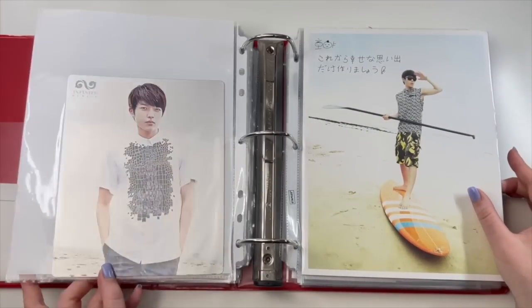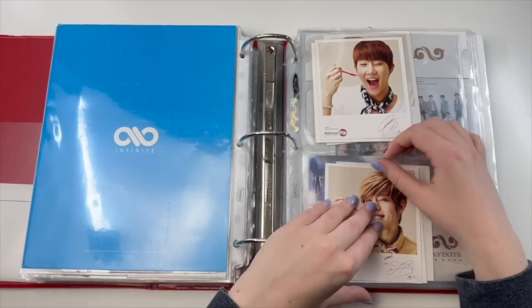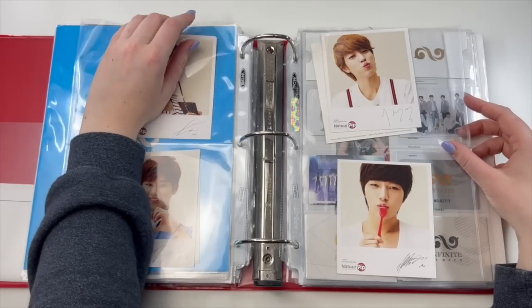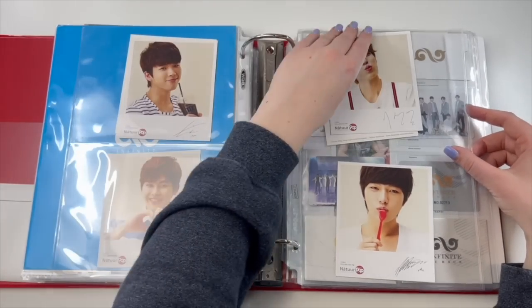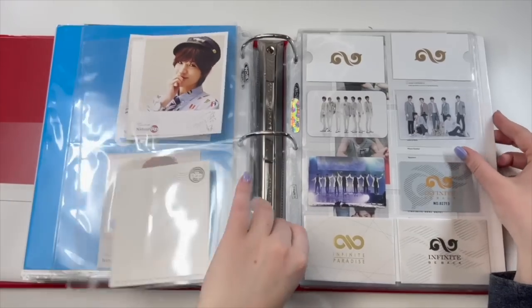I am still a Hoya fan as well. Hoya left Infinite, but I still love him. I still follow him on Instagram. I keep up with what he's doing. He's in that Be Ambitious dance group, and they seem to be having a great time, so I'm happy for